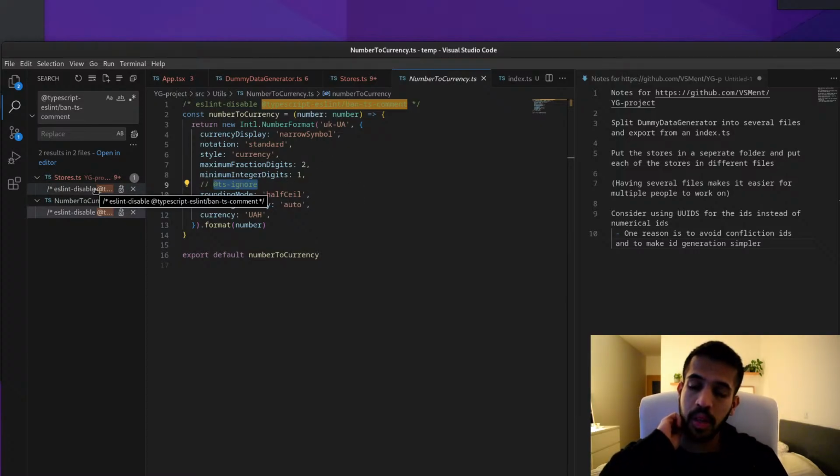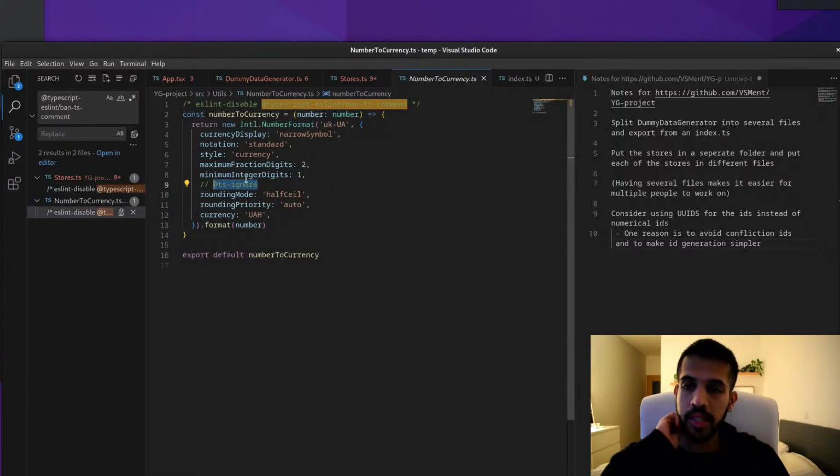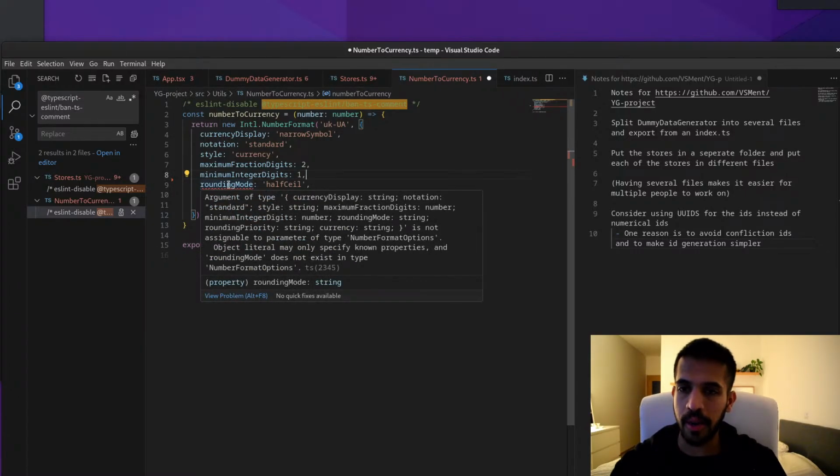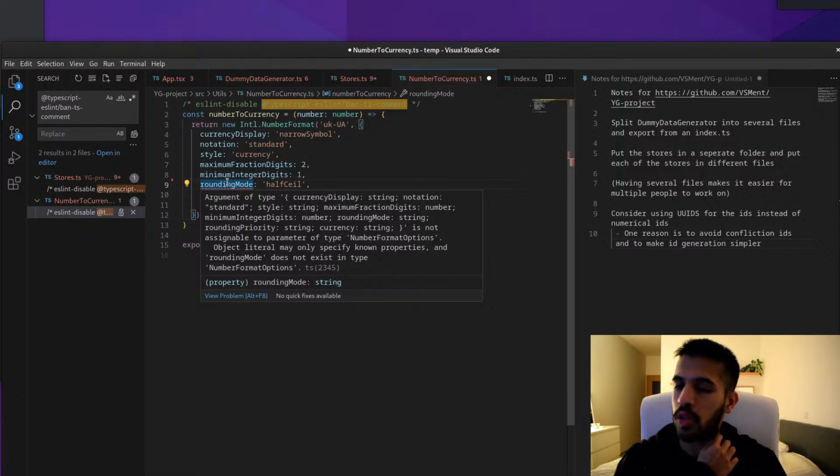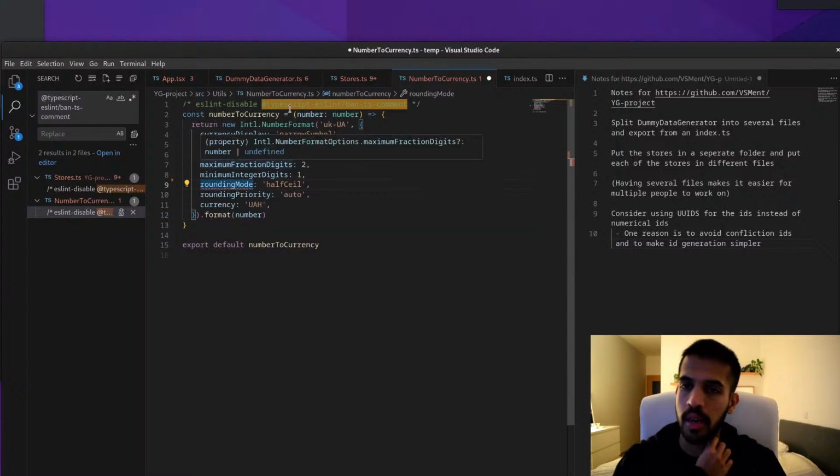Right. So in this case, this is of course a hack. You should not try to ignore breaking types. There's a reason why this type is broken, and it's always better to mend it than to put a hack to ignore it.